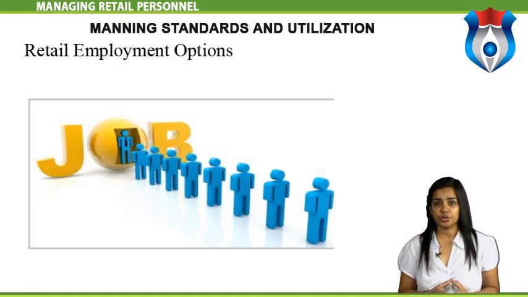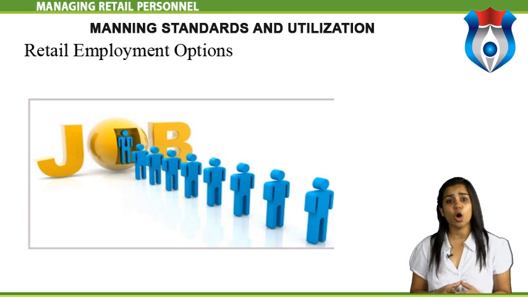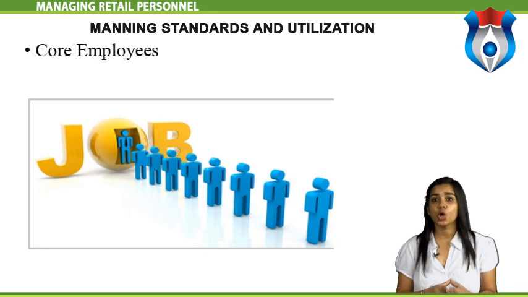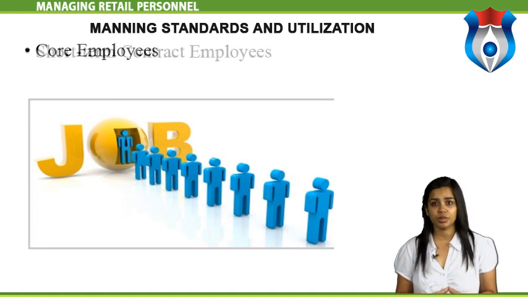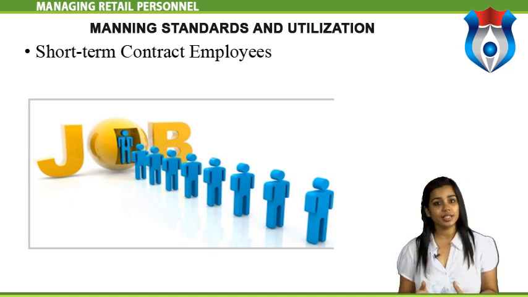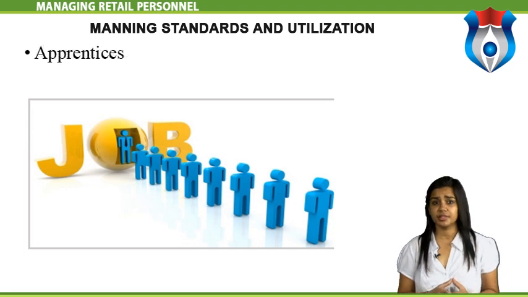Retail employment options. The retailer has several options in terms of types of employees with a view to maximize productivity and minimize cost. Core employees: these include full-time employees and critical resources that take time and training to build up. Short-term contract employees: these are on the rolls of a company for a specified duration following a mutual agreement between them and the retailer. Apprentices: these are trainees who could be working and learning on the job, usually for a specified